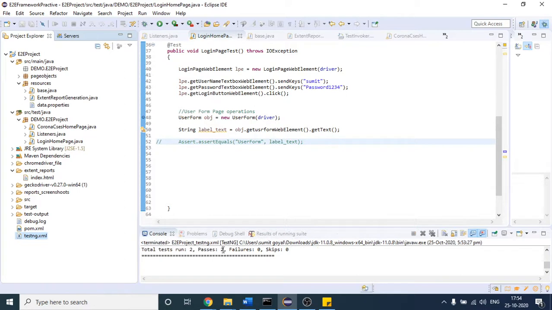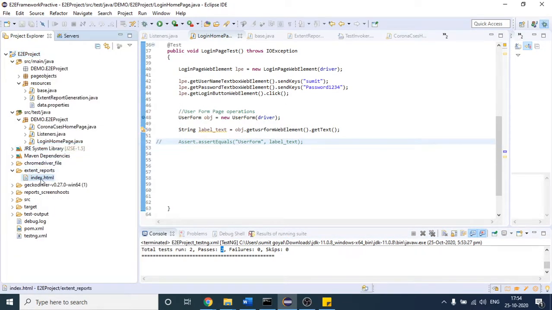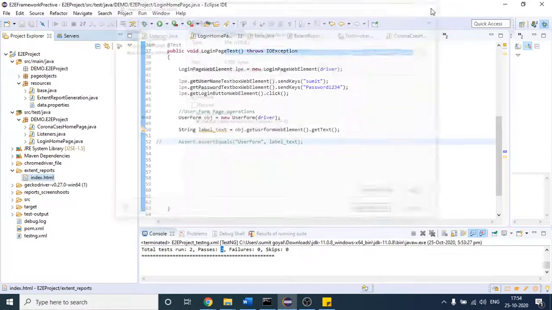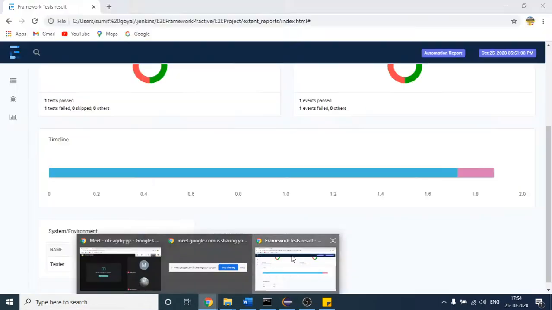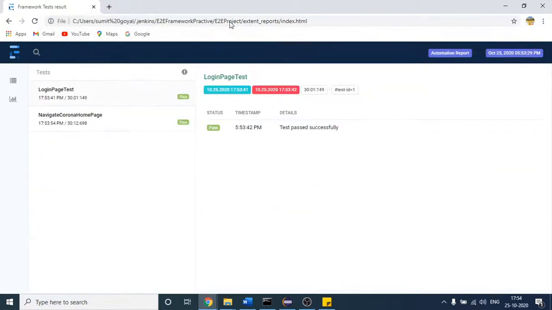Okay, total test cases passed two, failure 0. Refresh this. If I refresh my project, it will override the existing file, so it will override my index.html and create a new one. This time you will get a 100% result. You can see all the test cases are passed. No screenshot is present because all the test cases are passed.